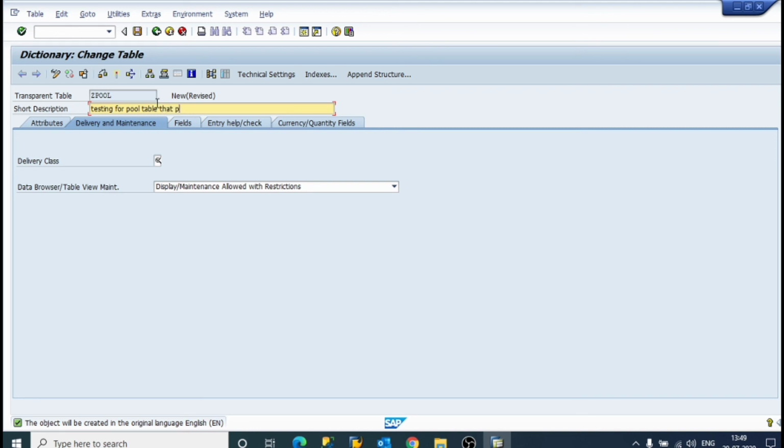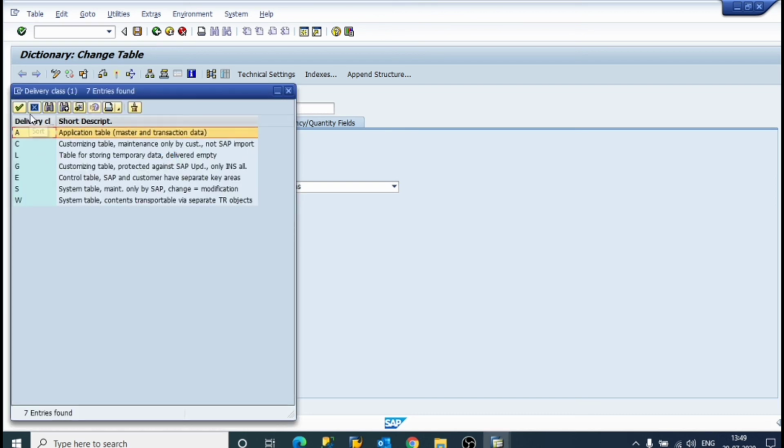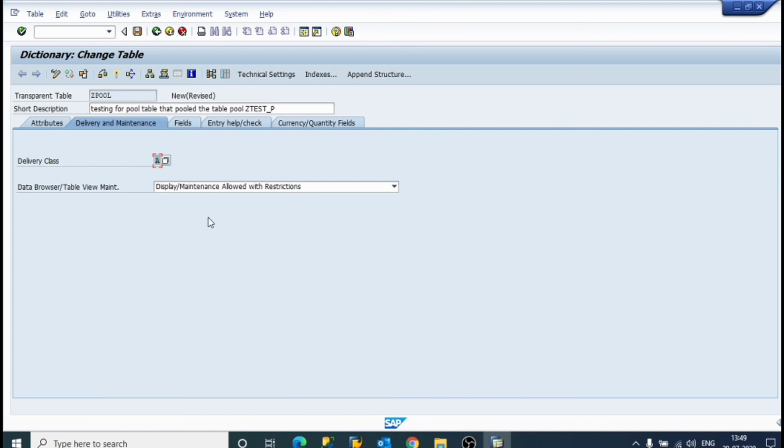Delivery class it will be A, application table, yes, it will be with restrictions, yes, okay.